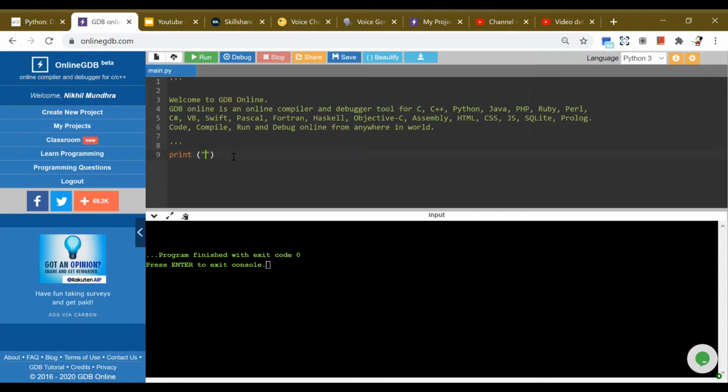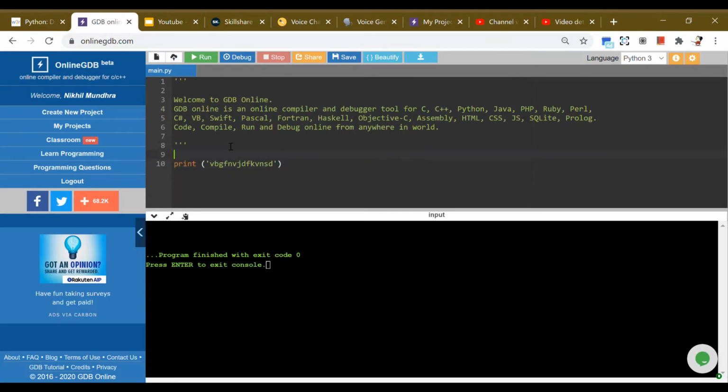In a print statement you can write anything, like a variable or something in inverted commas. Oh sorry, numericals don't work. There are two types of inverted commas that you can use, and both do the same thing. One is double inverted commas and one is single, so you can use both and both work properly. And inside you can put anything, like a number or a simple word, anything you want to put.